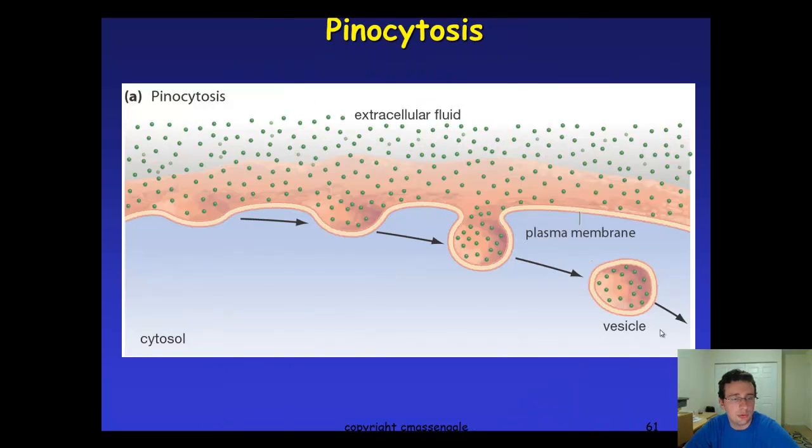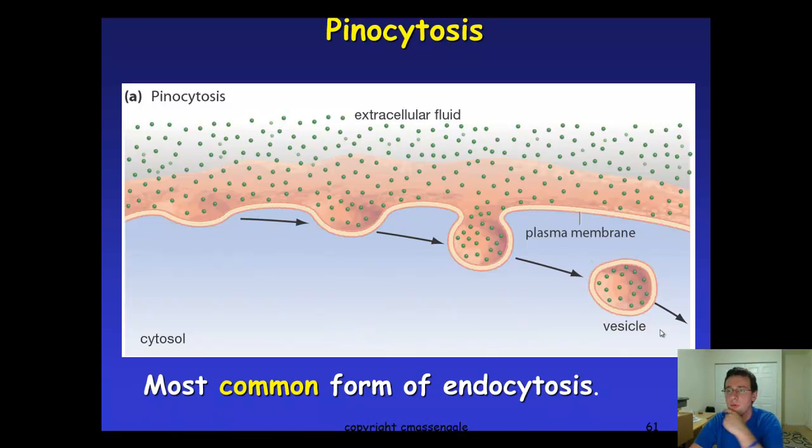Now, two examples of endocytosis. The first is pinocytosis. I know it's a strange name, but you have these proteins, and you want to bring them on the inside. So this is also referred to as cell eating. It's the most common form of endocytosis. The cell basically just closes up the cell membrane, as you can see in the picture, and creates this vesicle. All right,